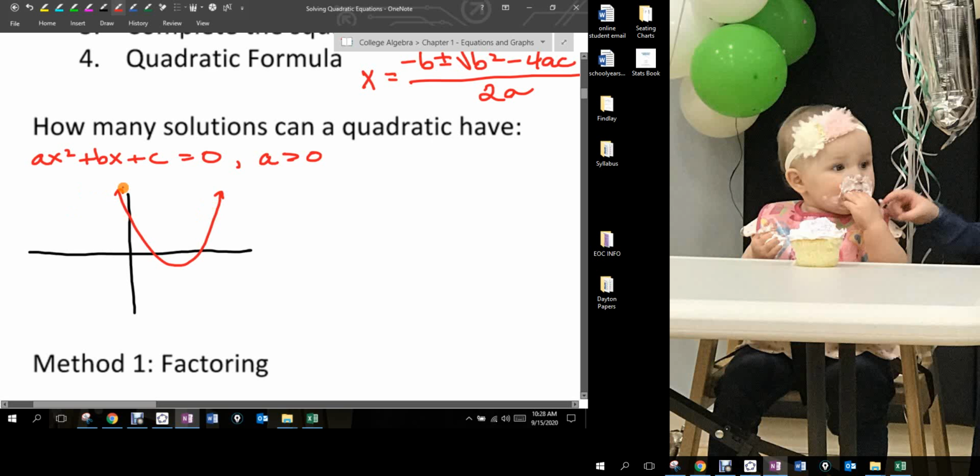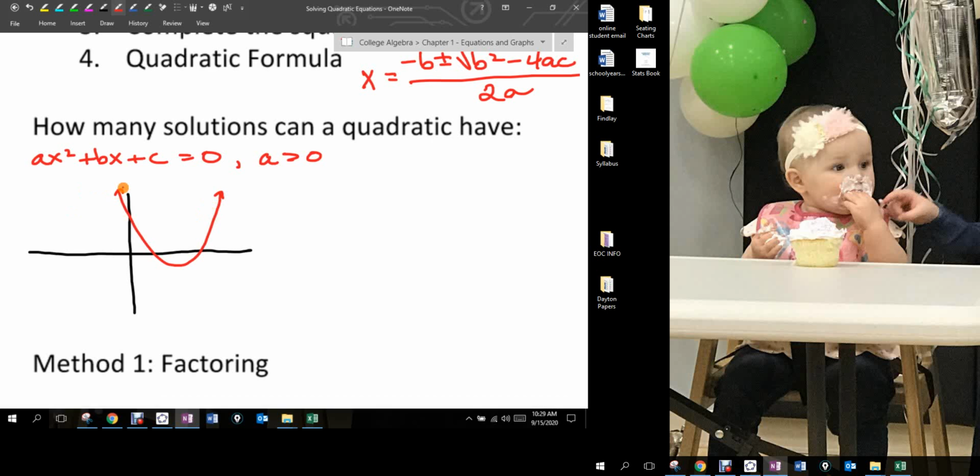So there's my parabola. Does that make sense? Okay. Now that's coming from the A, the B, and the C, which can be different values. And if you remember anything about transformations from last year, depending on what A, B, and C are, they can move that graph left and right, they can move it up and down, they can reflect it horizontally, and they can reflect it vertically. Okay, so there are some things we can do with A, B, and C that are going to transform that